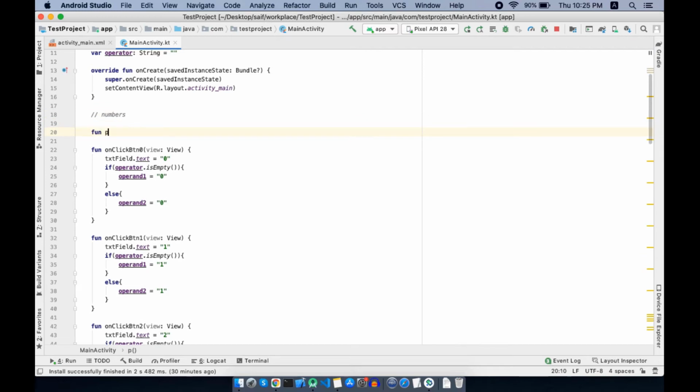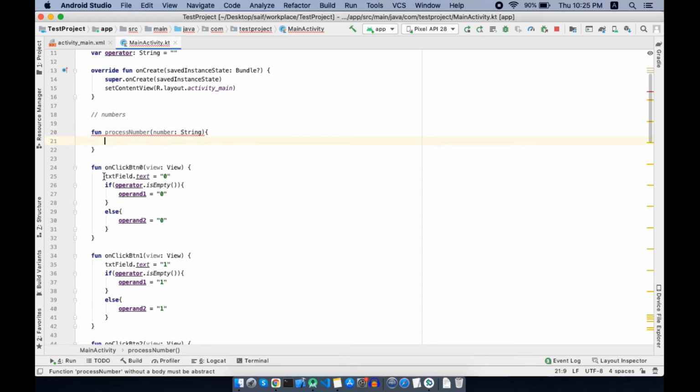So let's make that function. I will call it process number. It should accept a parameter to tell the number which was typed. I'll say the parameter should be number having data type string.